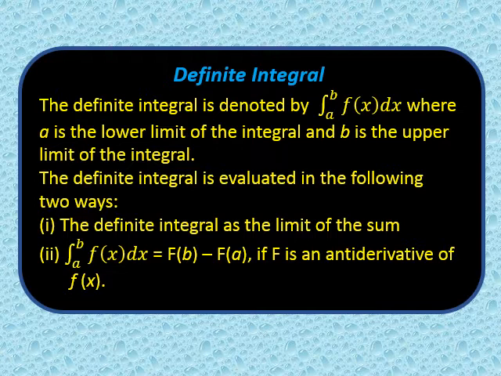And how are we going to find that value? It is using the integral. If you see the symbol integral a to b f(x) dx, where a and b are the lower limit and upper limit of the integral. Clear? So we are going to evaluate definite integral in two ways. First, the definite integral as the limit of a sum, which we are going to learn today, and the second is integral a to b f(x) dx equals F(b) minus F(a), where capital F is your integration and after integration we have put the limit. This method we will learn in the coming videos. Okay, so today we will learn about the definite integral as the limit of a sum.